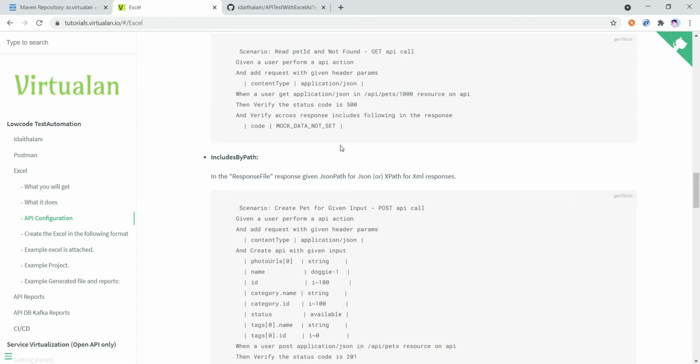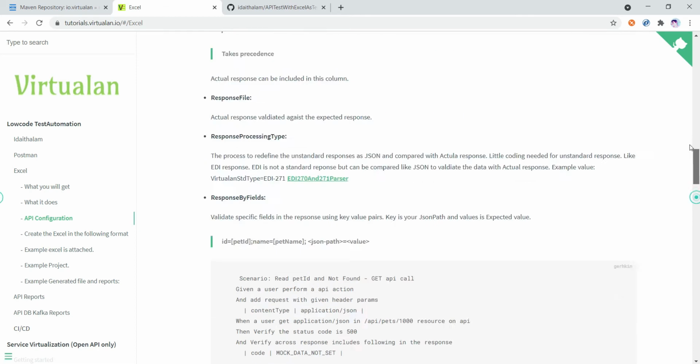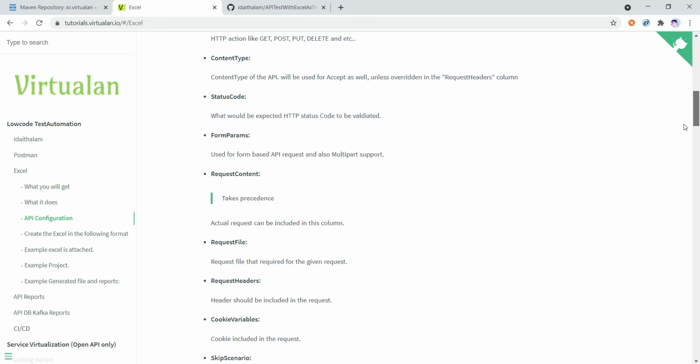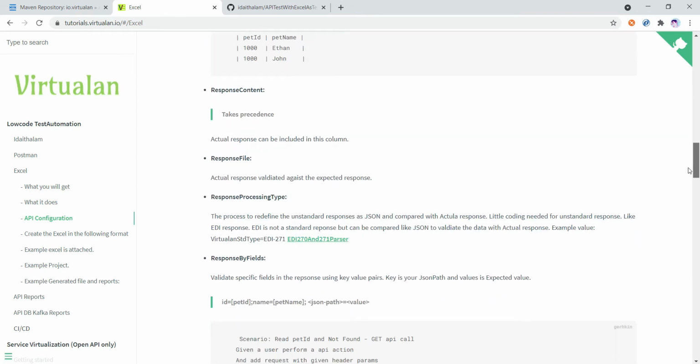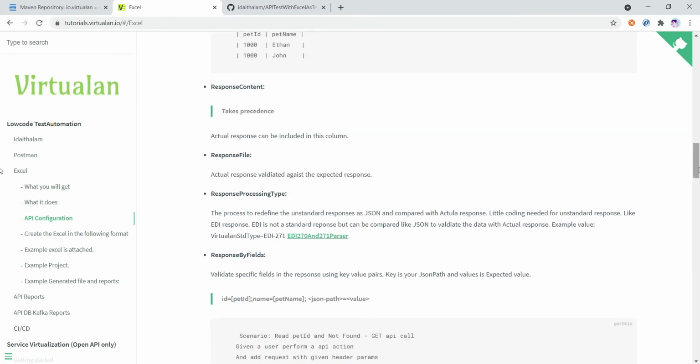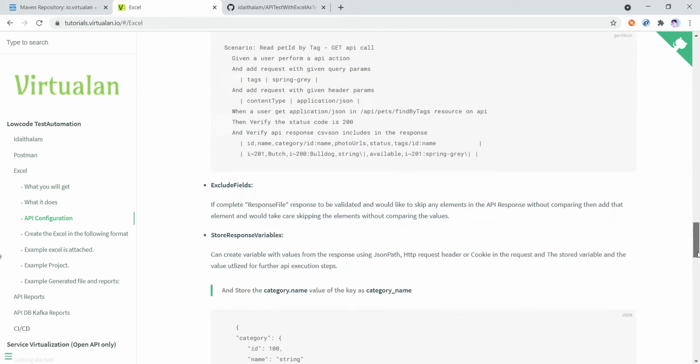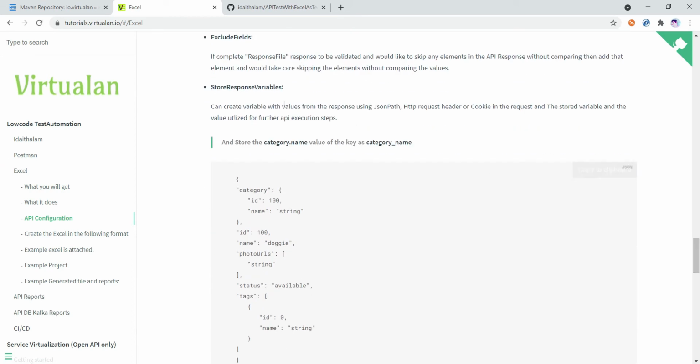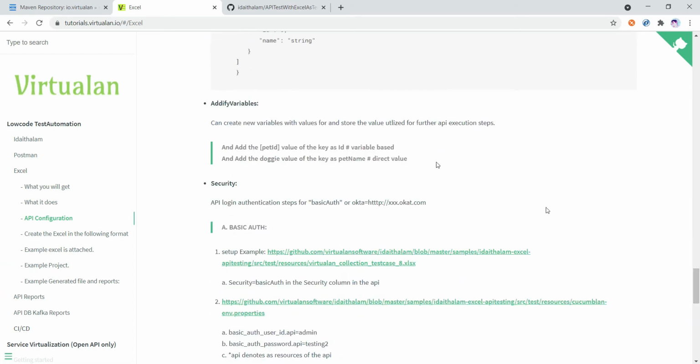So this is my tutorial page, and on this page they have given two ways we can store our data. One way is to store a response variable, and the other way is identifying variables. What does it mean?